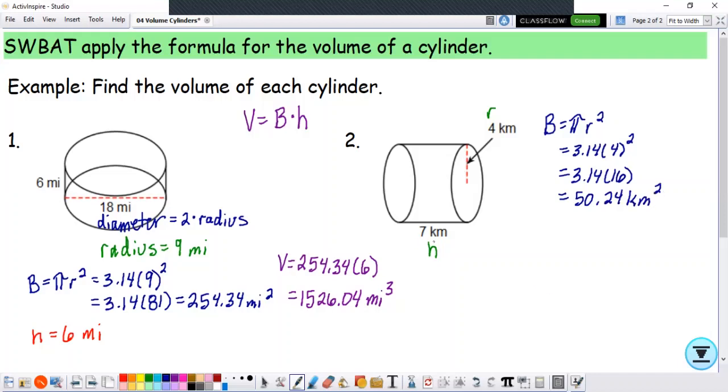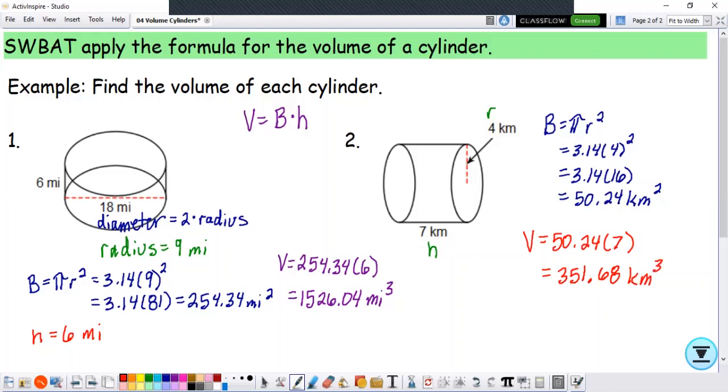And the height is 7. So our volume is going to be 50.24 times 7 for a total volume of 351.68